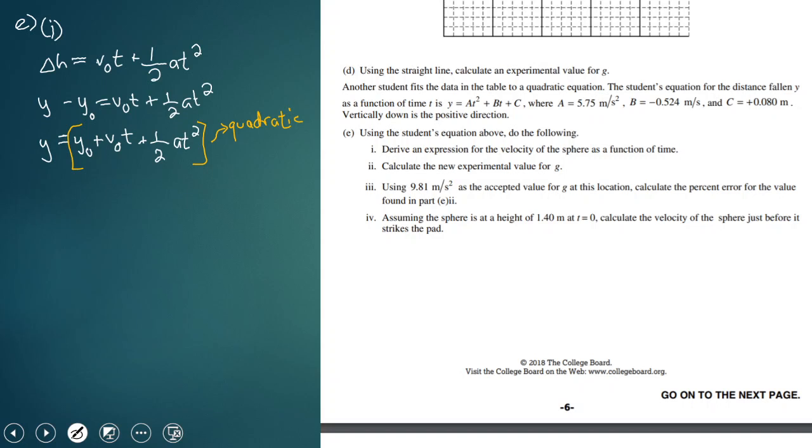And so we know that because the distance y has to be the same, Y naught plus V naught T plus 1/2 A T squared has to be equal to the quadratic fit given, A T squared plus B T plus C. And so now what we can do is match our coefficients. So the velocity of the sphere as a function of time is going to be